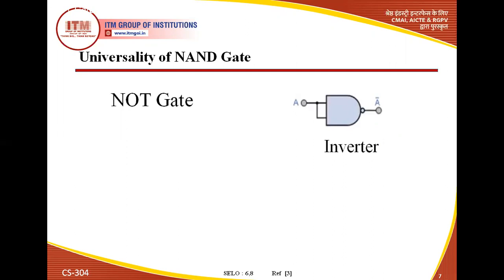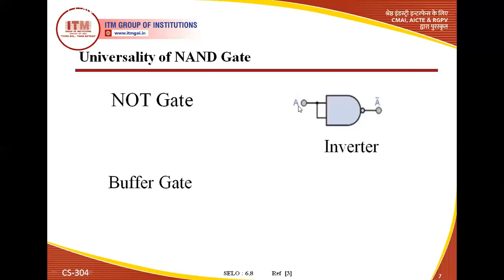जो हमारा NOT gate होता है, एक इन्वर्टर की तरह ही वर्कआउट करता है। If we are talking about the buffer gate, से मतलब है कि यदि इसी के अक्रॉस हम एक NAND गेट और लगा दें, तो it means that यहाँ पर यदि हम A प्रोवाइड कर रहे हैं, तो at that time we are getting here the A bar, and this A bar is working as input for the another NAND gate. So at that time we are getting the same input.